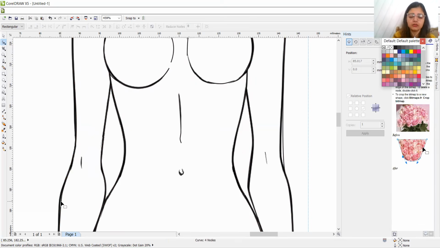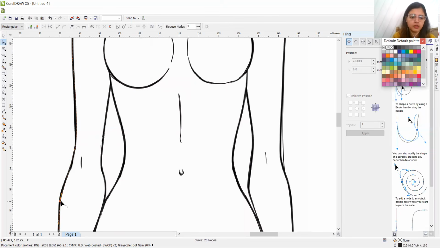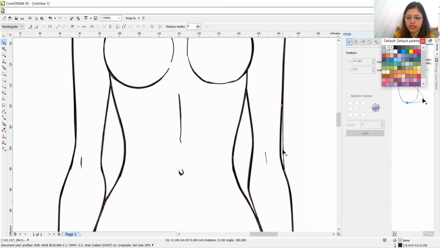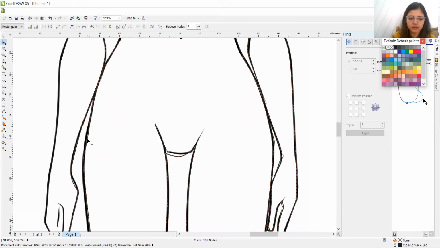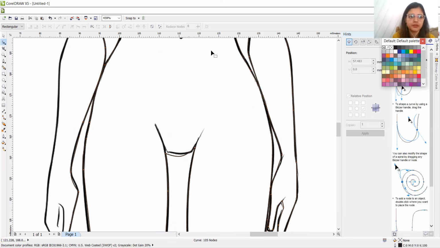It's not how it is done. You have to shape it. Then in this line, there is a lot of space, just adjust it. Now our croquis is going to be very fine and with perfect curves.